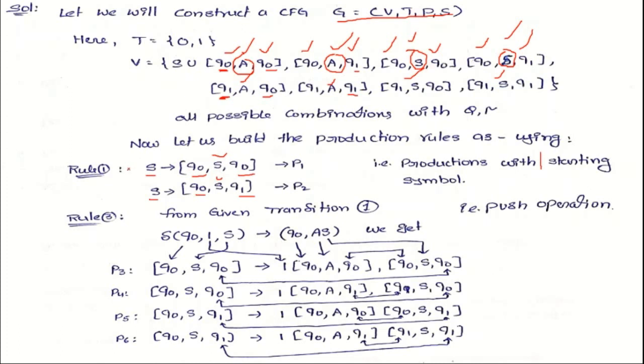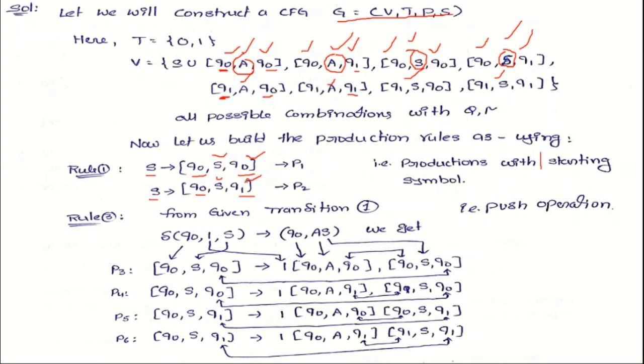So from starting symbol can be derived initial state, comma, default top of the stack, comma, next state. Here next state may be whatever the possible states from the given pushdown automata. Here given pushdown automata contains 2 states. That's why we consider in first rule, Q naught is the next state, in second rule Q1 is the next state. There was no chance of getting any other next state. Why? Because here only 2 states in the given PDA. So that's why we consider Q naught, Q1.